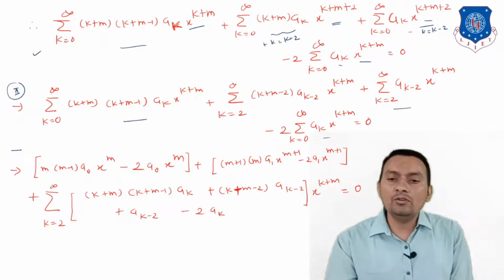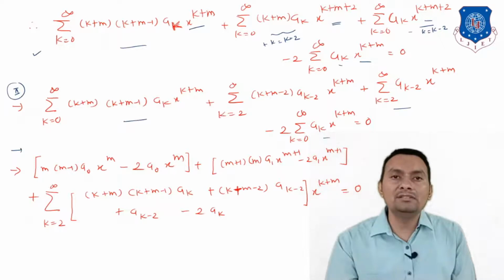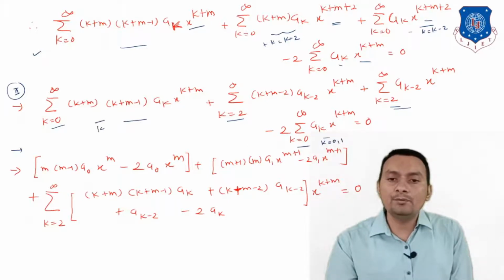Now in the next step, we want to compare on both sides. So let us make the same index of the summation. So here summation is starting from 0, this is starting from 2, here already starting from 2, and this is starting from 0. So let us put here k equal to 0 and 1, again the same, put here k equal to 0 and 1 over here. So let us first start with k equal to 0 over here. So you will get this one. Again if you put k equal to 0, you will get this one, and if you put k equal to 1 over here, you will get this one, and if you put k equal to 1 over here, you will get this one.